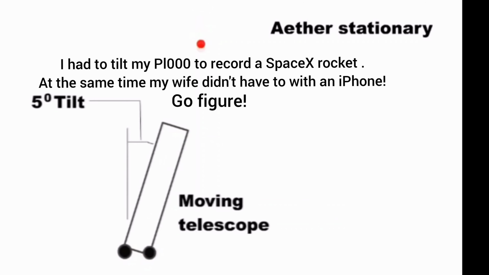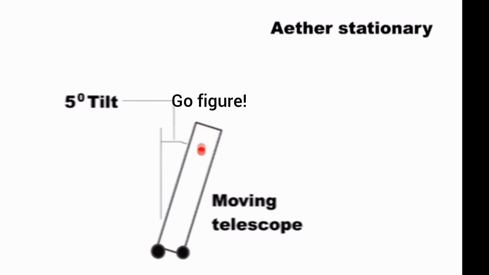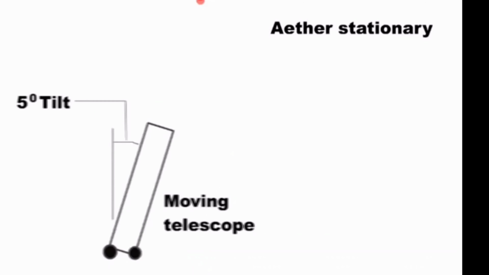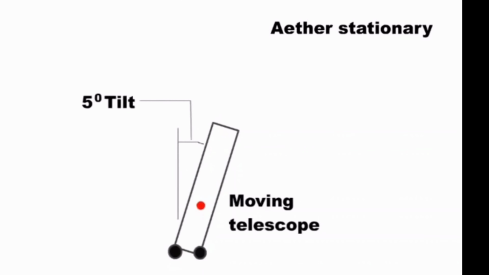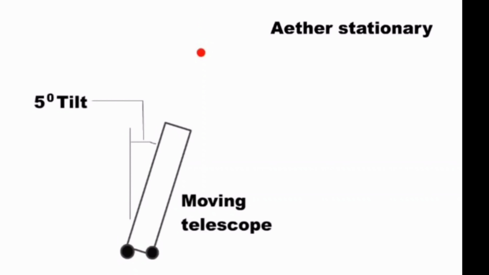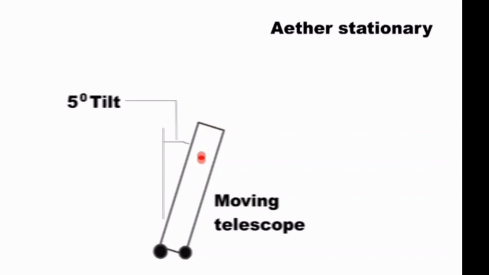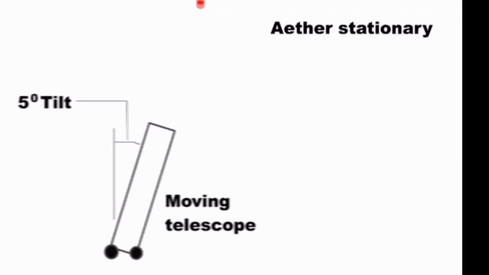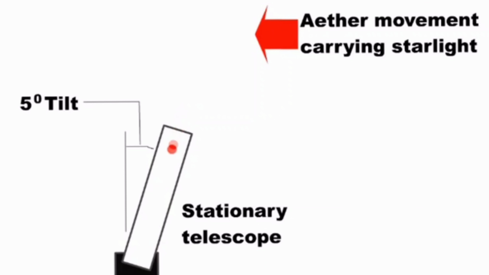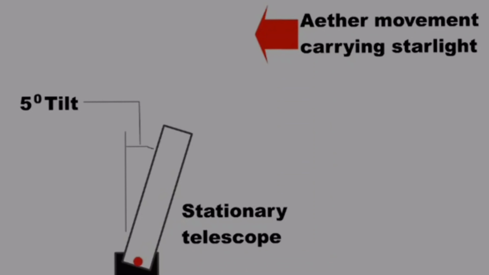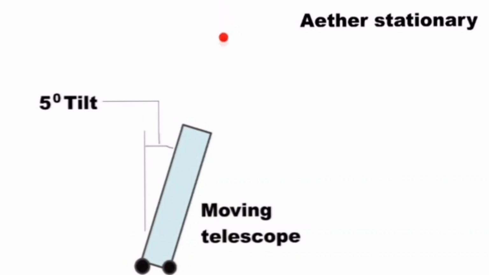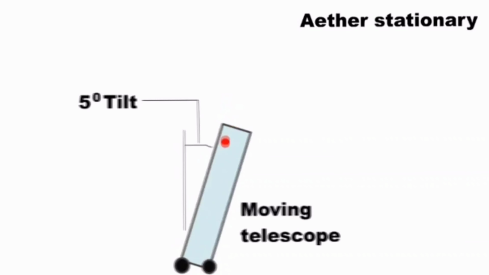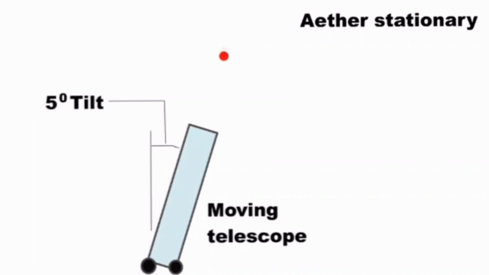So if it's the stars moving, then the particles or the ether, whatever you want to call it, has already left the star and is on its way down to the telescope. And so you would expect to have to tilt the telescope. Or if the telescope is moving, meaning the Earth is moving with the telescope sitting on it, and the light leaves the star, again, you'd have to tilt it. So the fact you have to tilt it shows something is in motion.